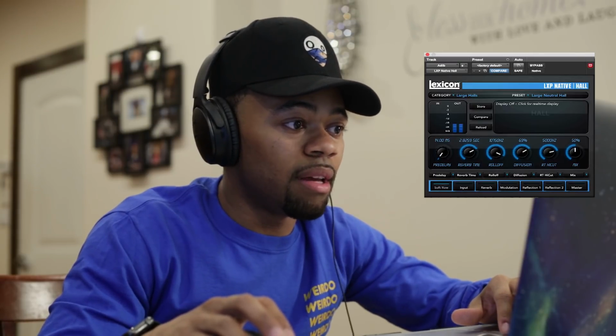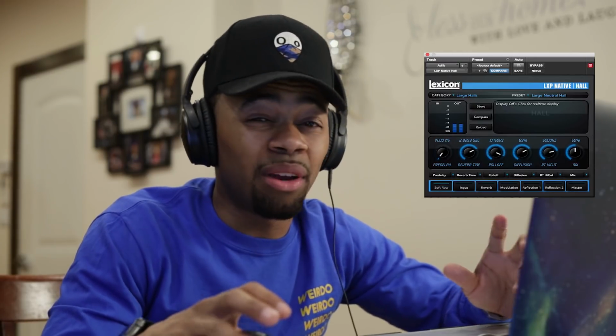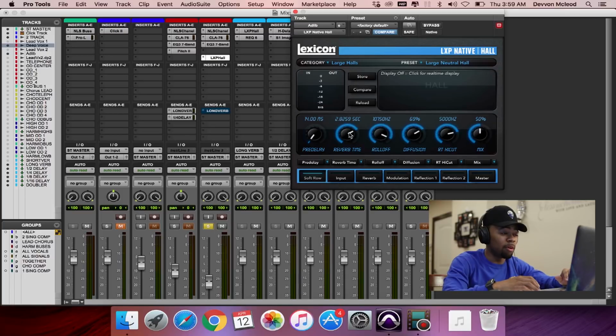As I said, you already know I got the reverb time at like a 2.8, a really huge reverb time. Most people would see this and say I'm crazy, but this is how I like to achieve it, and it sounds awesome. If it sounds good, don't fault yourself. Some of the greatest things have been found by mistake. This was actually a mistake I made, and I was like, whoa, this sounds amazing. So guys, in a nutshell, that's how I achieve my Migos type adlib.